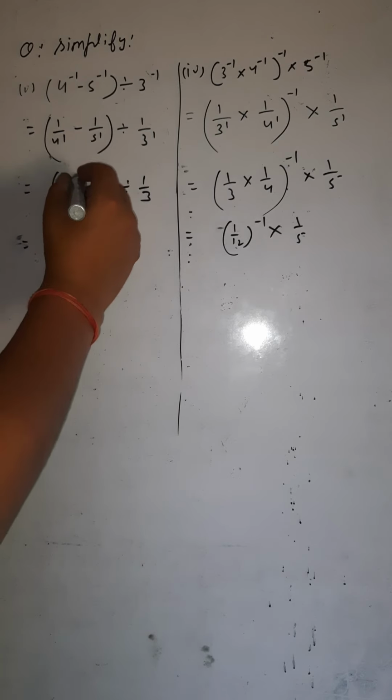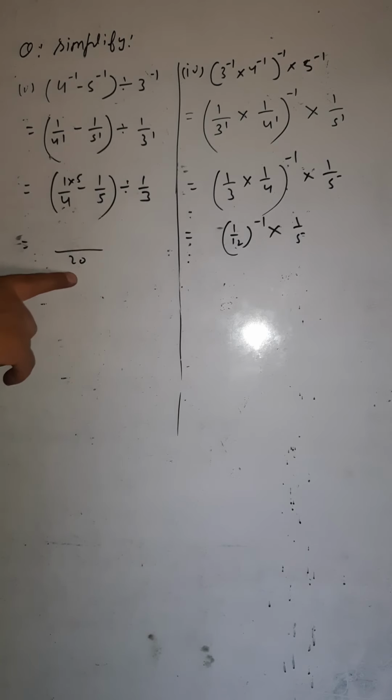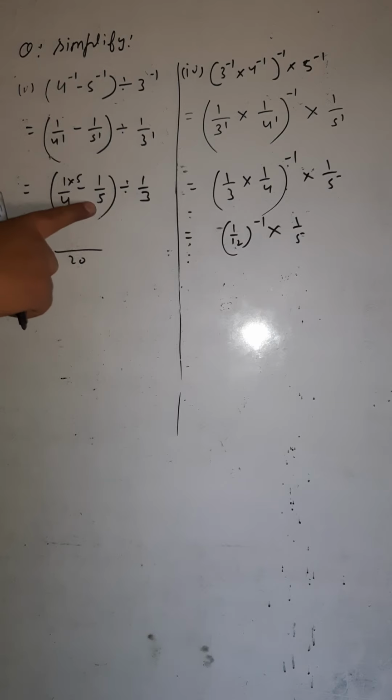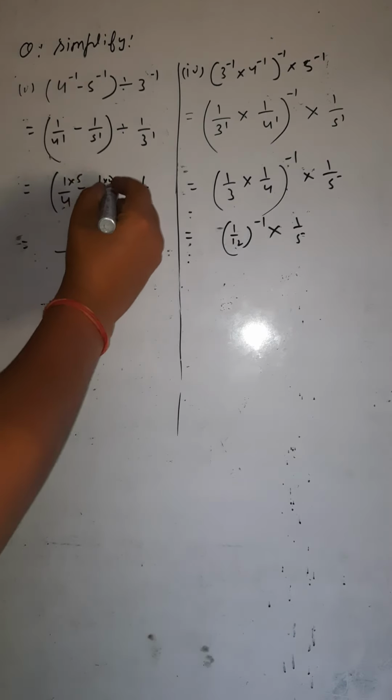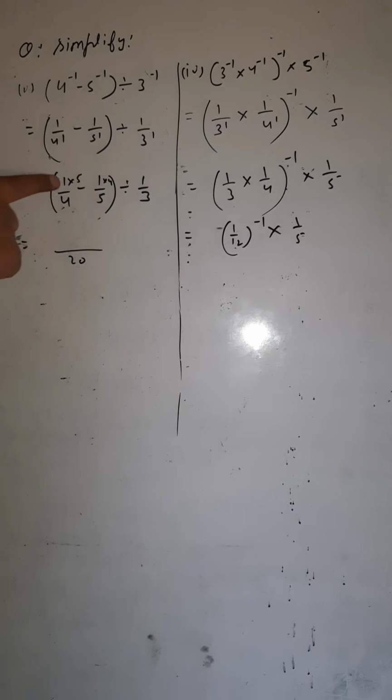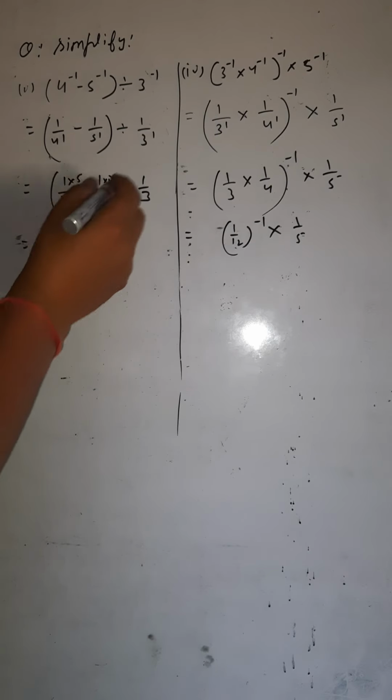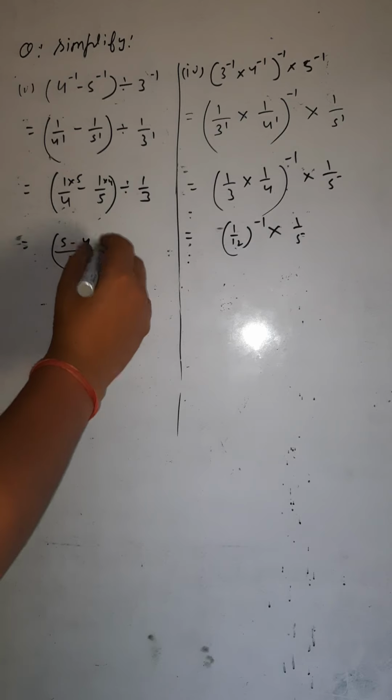So this 5 you would be multiplying upside. Then again you would divide this LCM by the next denominator, that is 5. How many times is it going? 4 times. So that 4 you would be multiplying there upside. Just now do it. 5 ones are 5, minus 4 ones are 4.